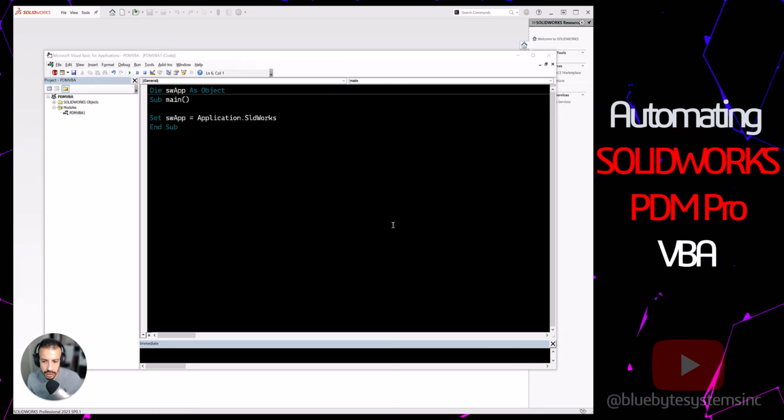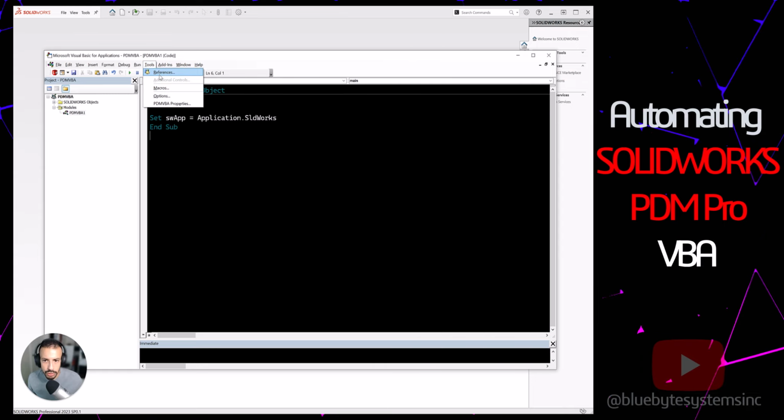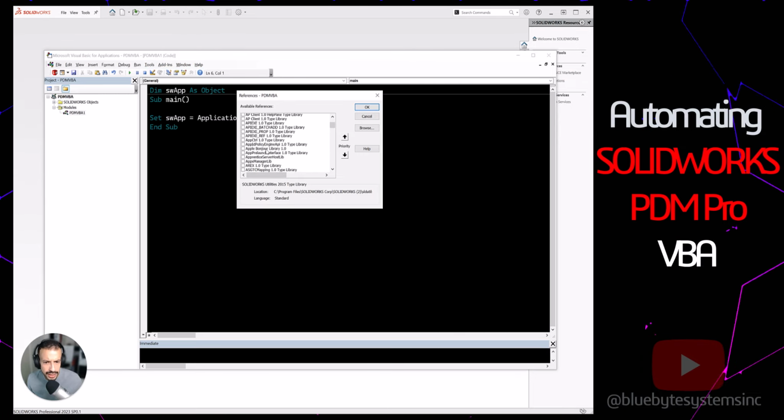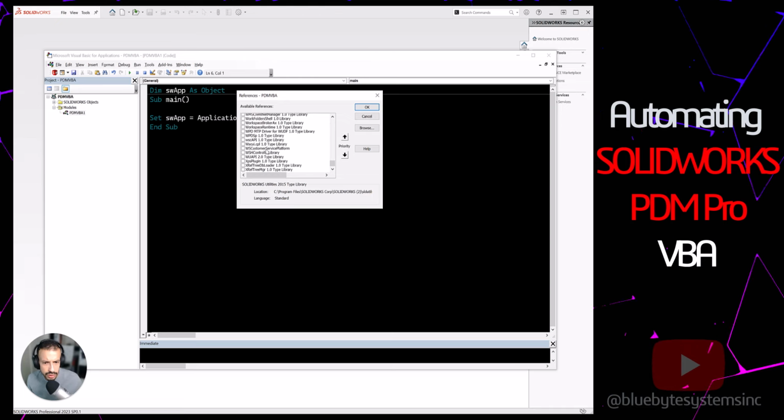We have SOLIDWORKS 2023 SB1, and we have a new VBA macro open here in the VBA editor. And we're going to go about connecting to my local vault here. To start, I'd like to make sure that we've got the proper PDM references set. So let's go to Tools, References, and then try to find PDM Works